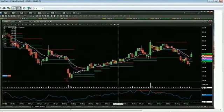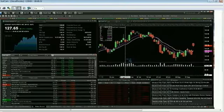Let's take a look at some other equities here. How about Advanced Auto Parts? AAP is the ticker symbol. You know, in my area I'm starting to see a lot of O'Reilly auto parts stores open up. I forget their ticker symbol. It's probably ORLY. That would be my guess. In any event,